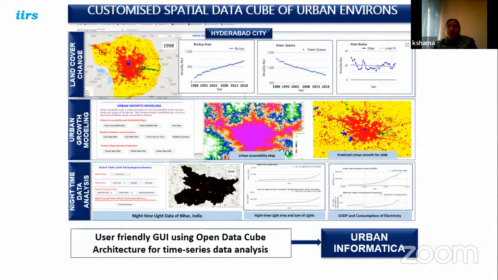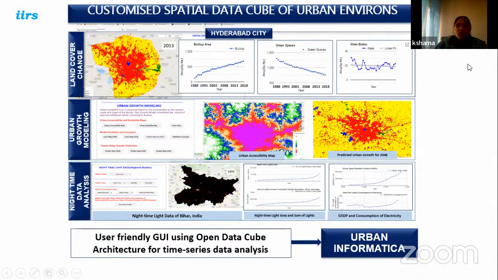And you must have heard about one technology, that is Google Earth Engine. It is a web-based engine where you can do all the classification, everything on the go in the web environment only. You need not buy software or anything else for that purpose. You can download the data, you can go for classification.